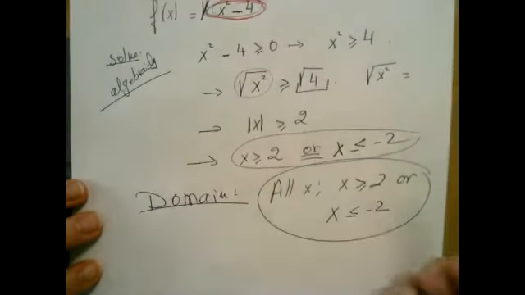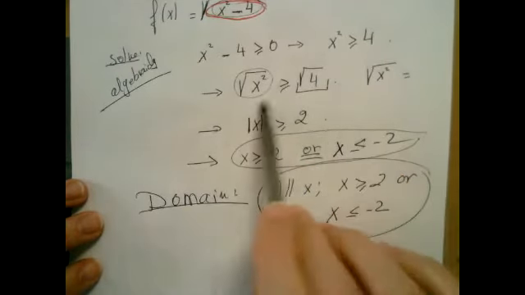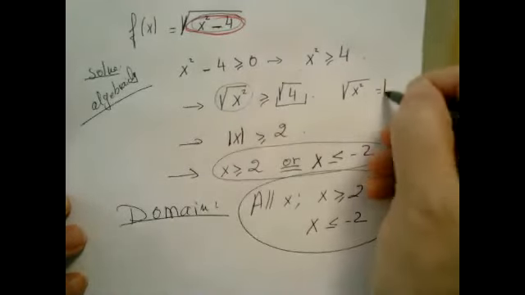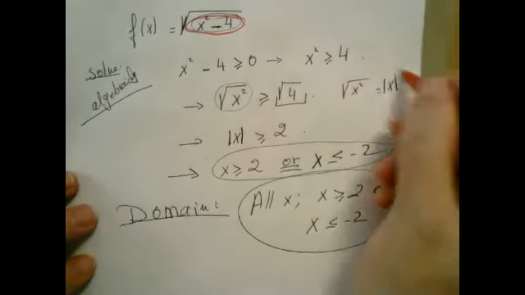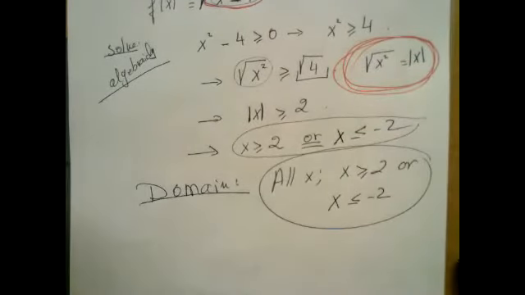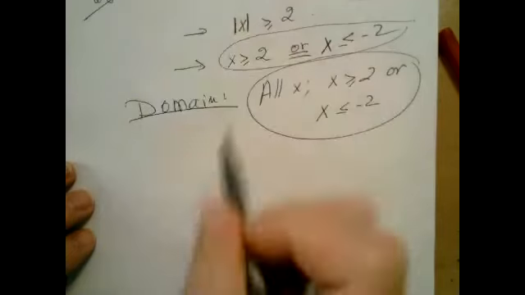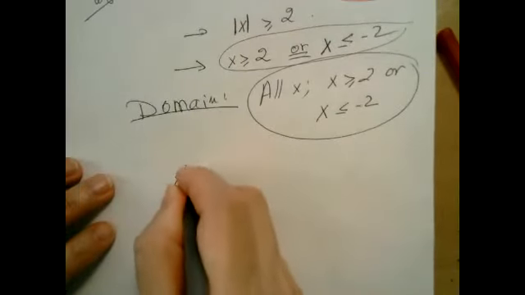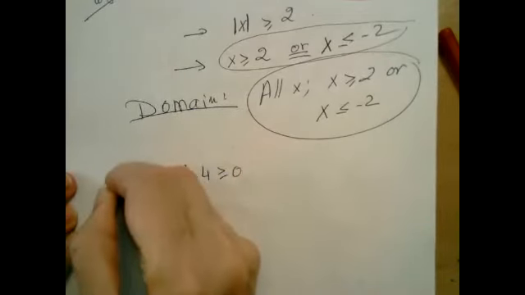Okay, so this is the only tricky one because when you solve it the way you know how, you put x squared bigger than 4 and you take the square root. The square root of x squared is not x, actually, it is the absolute value of x, and that's really important, because I didn't tell you x is positive, so we have the absolute value, all right? If I want to think about this inequality graphically,